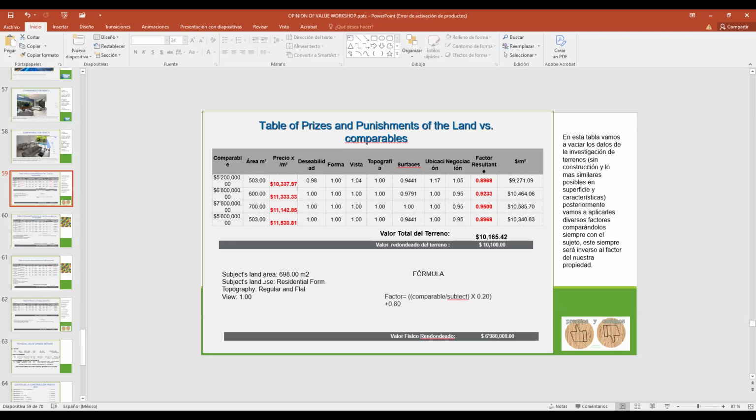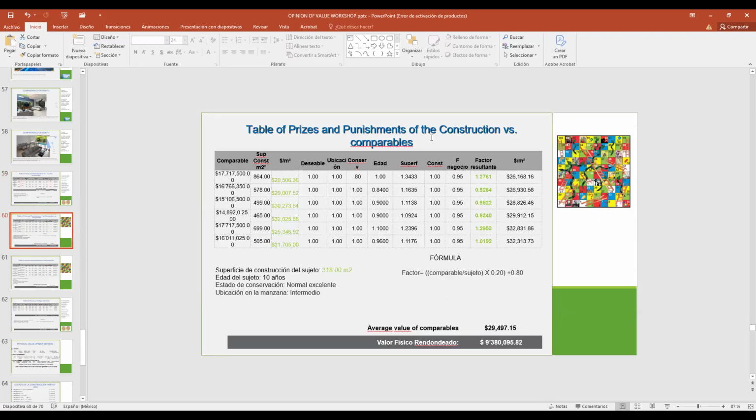By the surface, 698, it will be 6,980,000 pesos. So this is the rounded price of the land, just the land, with our investigation of comparables.